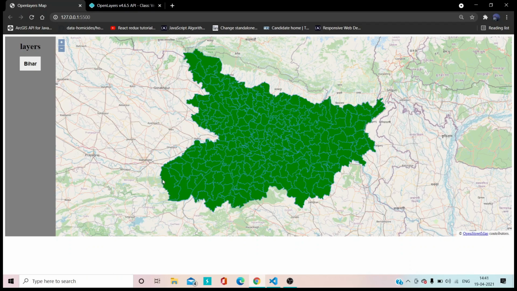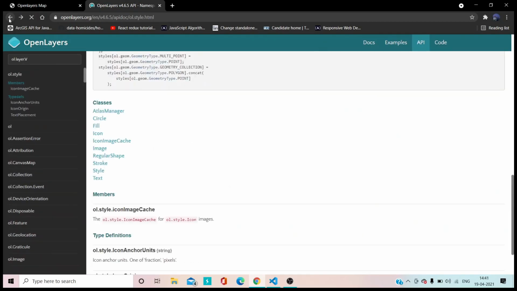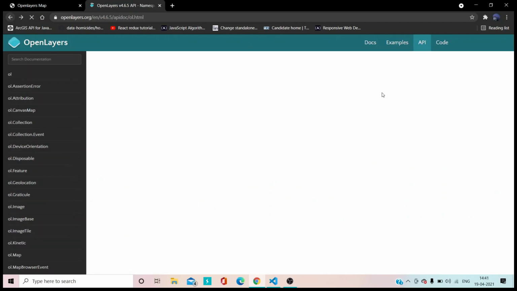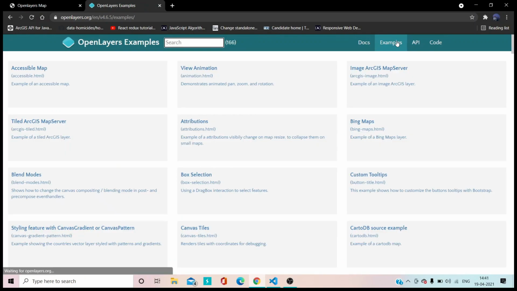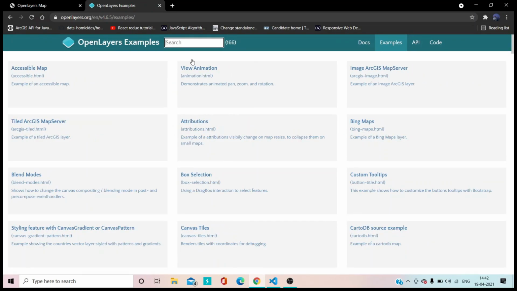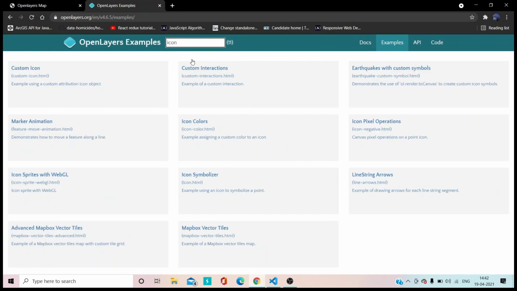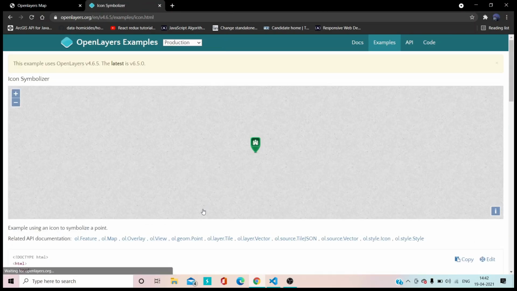Once I go on the GeoJSON, let's go and open layers examples. So let's open this example and search for icons. If I go in icon symbolizer, yeah.